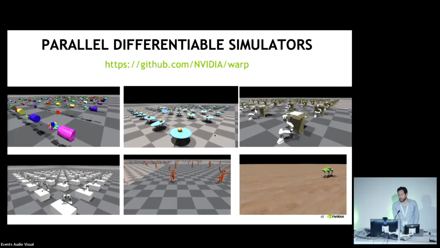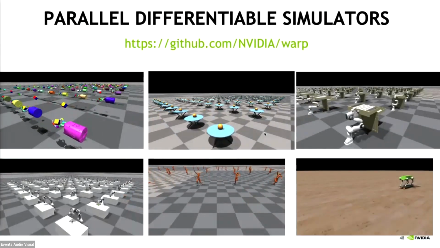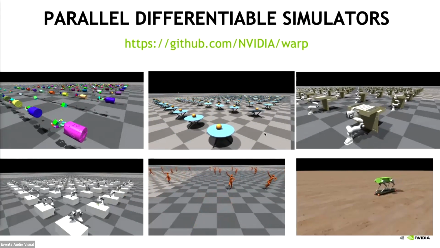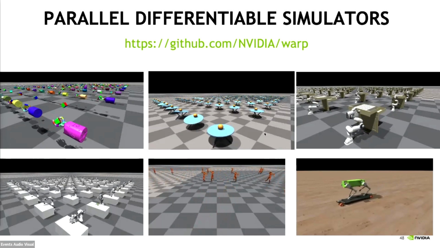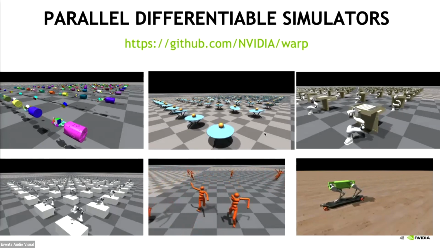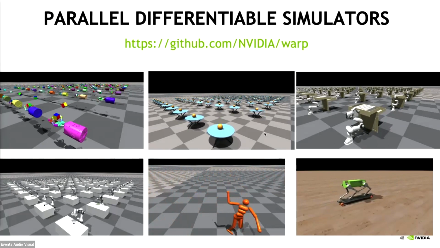And as you see here, I mentioned this language called WARP. It's a language that allows you to write differentiable simulators and run them in parallel. So that's something we can use in here. But any differentiable simulator that I can run in parallel will be sufficient for us. So what kind of algorithm can we use that leverages parallelism, leverages differentiability,